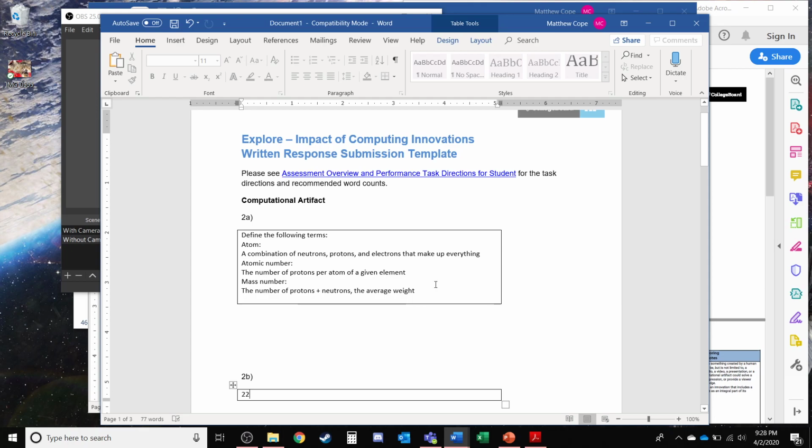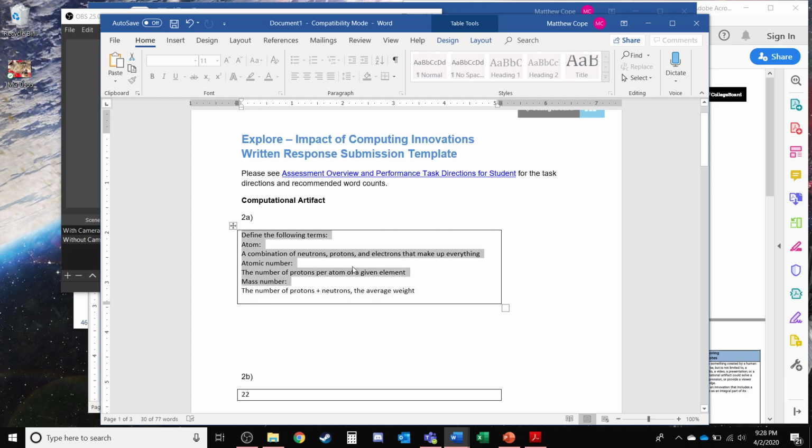Now, if you don't know how to check your word count, if you highlight the words here, it's actually going to tell you right down here at the bottom the word count of your total. So I have a total of 77 words in this document, and 39 of them are being highlighted. Whereas if I highlight these ones, maybe it won't even let me. Anyways, if you highlight just some, it's going to tell you,